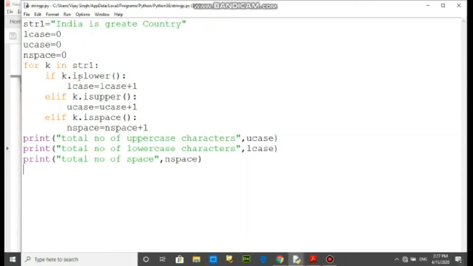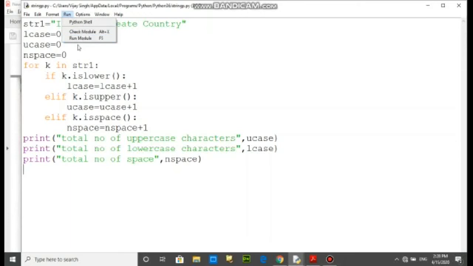If the character is lowercase, then that will be counted, and if the character is uppercase, that will be counted and stored in the U case. And at the last we have to print the total number of uppercase characters, total number of lowercase characters.